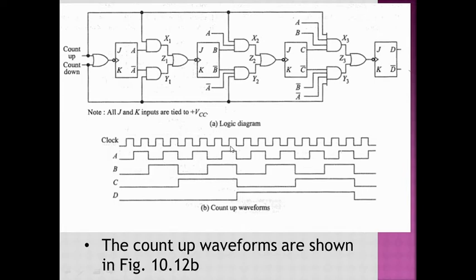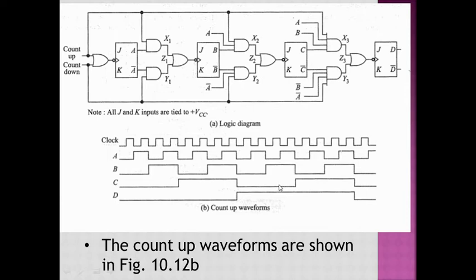On the 8th clock pulse, that is this clock pulse, on the negative edge of this one, A and B are going to be high. So this clock pulse is going to be available to the flip-flop C and the flip-flop C is going to toggle. Now again, you can see that for the 9th clock pulse, 10th clock pulse, 11th clock pulse, prior to that, either A is low or B is low.